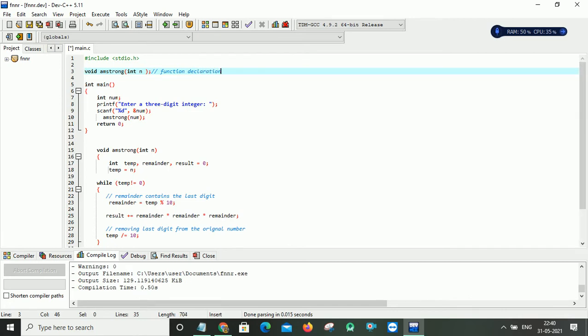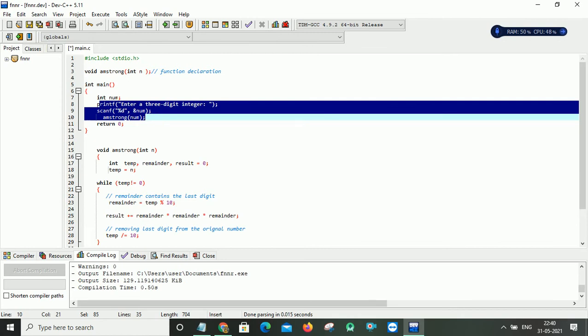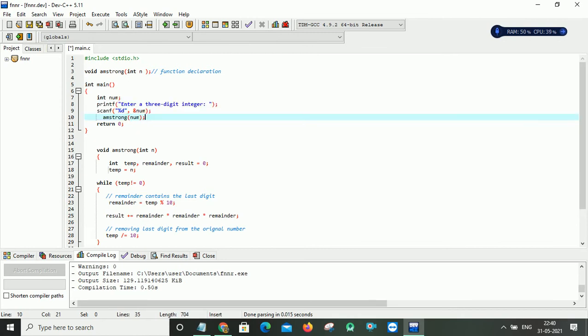After that, this is my main function. In our concept, we have to pass some values to the called function from the main function. For that, I am taking one variable num, and I want to read the value of num from the keyboard, and this value num I am passing to my function Armstrong.